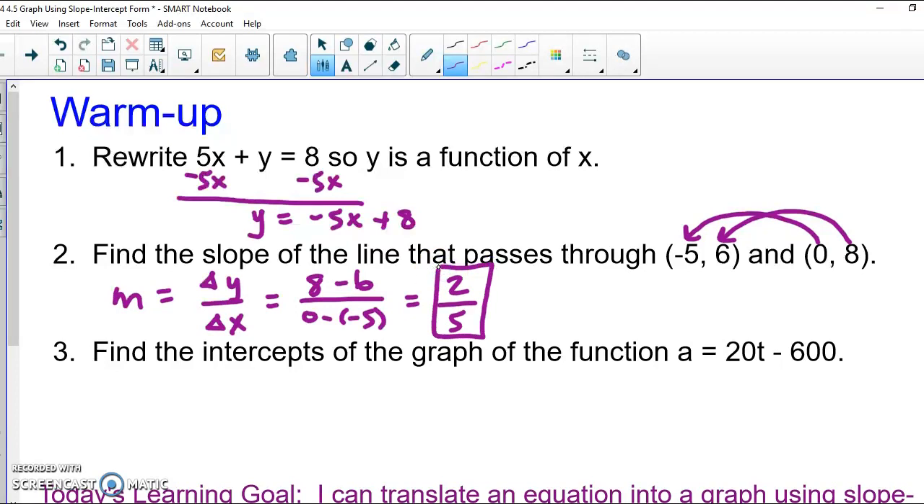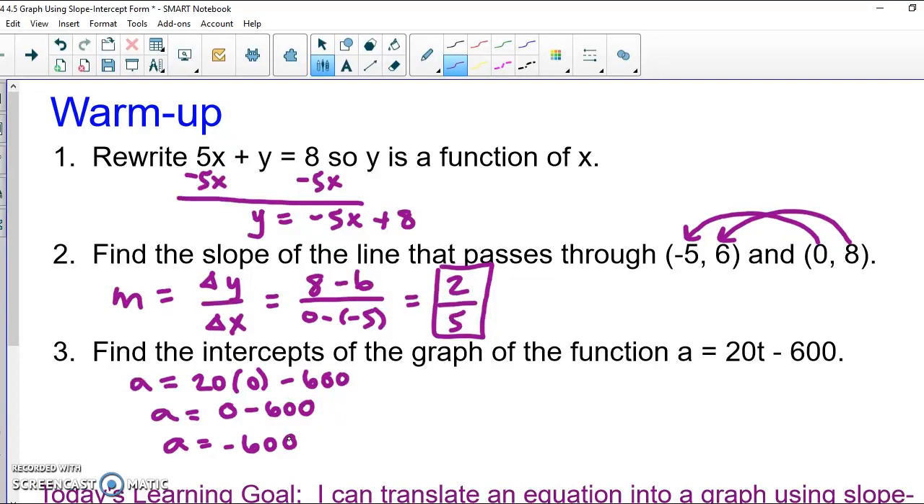On number 3, if I'm going to find the intercepts of the graph of the function a equals 20t minus 600, then I will find one intercept by substituting 0 for the other. So if I want to find my a-intercept, then I'm going to substitute 0 in for t. And now that I've substituted, as I simplify, I find that when t is 0, then a equals negative 600. So that would be my